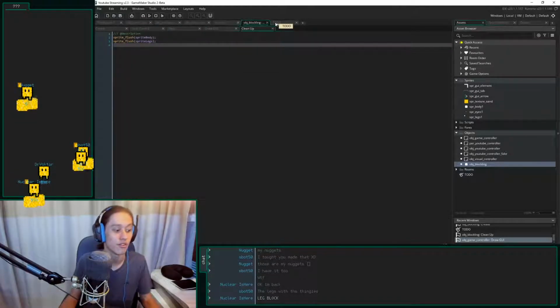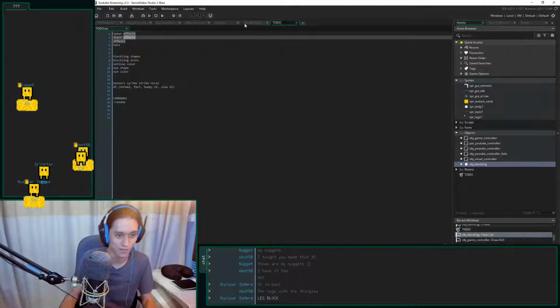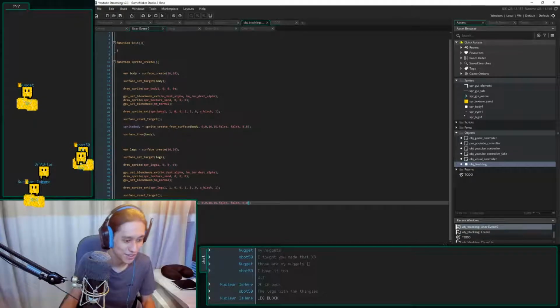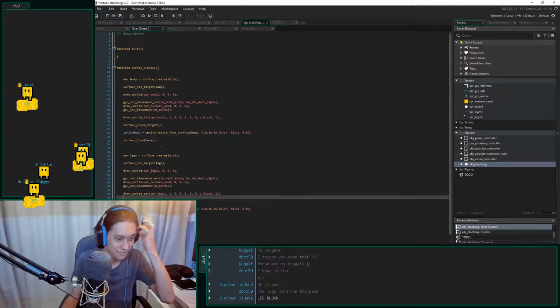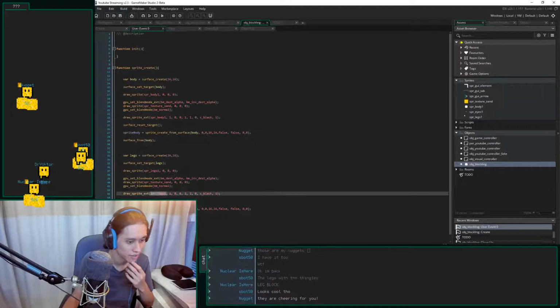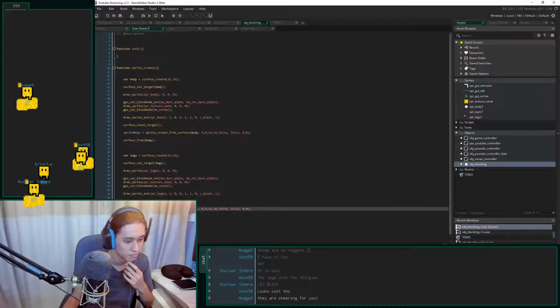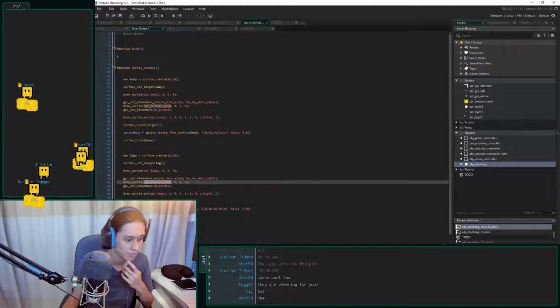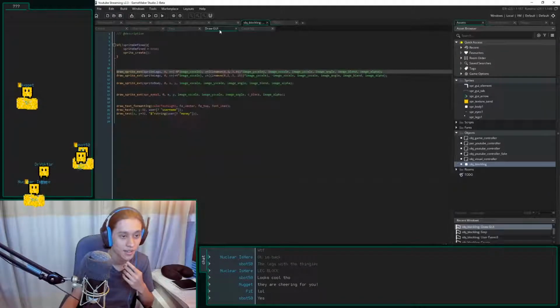I mean, I programmed it in, but I didn't intend for it to be in. Everything there is programmed in, whether it's intentional or not. Draw sprite, SPR legs 1. Funny. No clue why that's happening. Yeah, they're cheering for me.